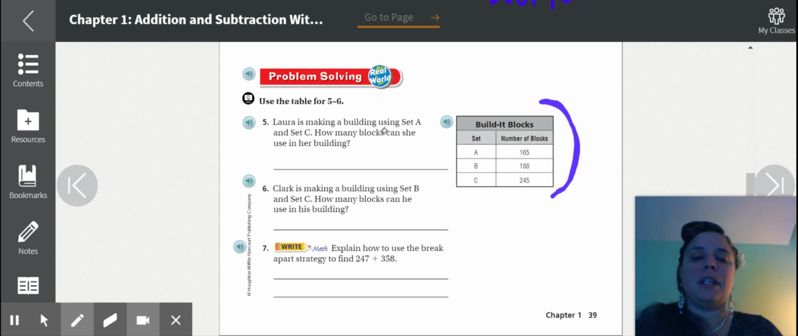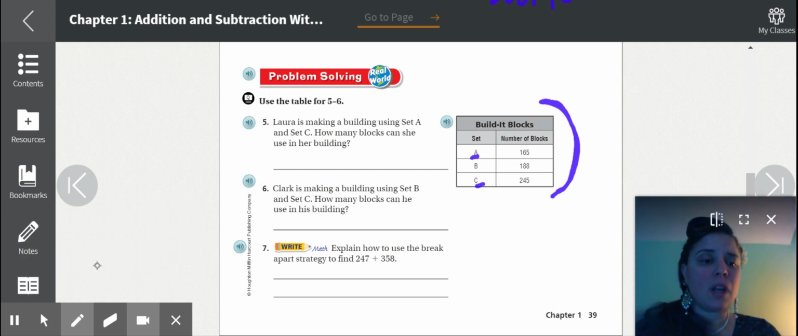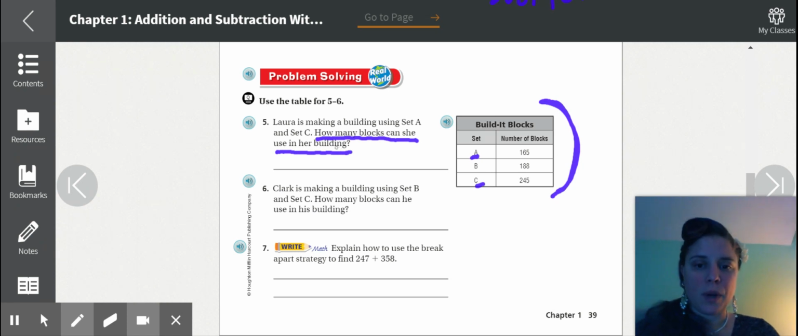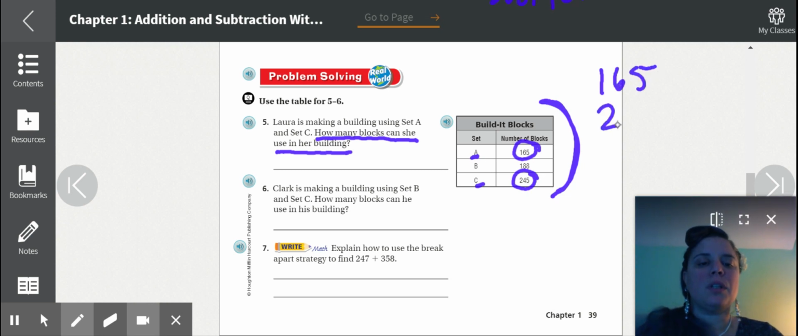Laura is making a building using set A and set C. How many blocks can she use in her building? Okay. And it doesn't say about how many blocks. It says how many blocks. So we're not estimating, we are just adding. So let's underline that. How many blocks can she use in her building? Okay. And then we're going to grab the numbers out of our chart. And I always stack them. So we're going to stack them. 165 plus 245. Okay,